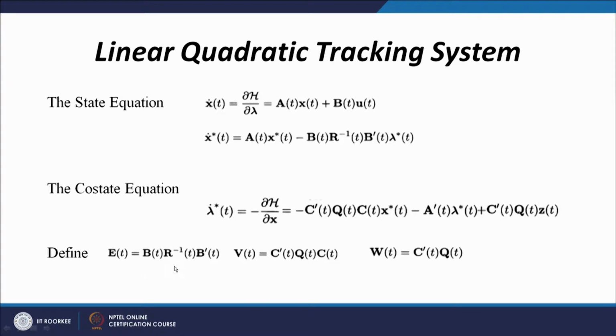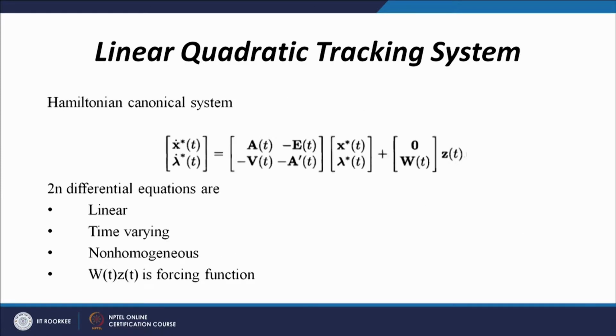So, E is B R inverse B prime, V is C prime Q C, and W is C prime Q. So, I am writing the state equation as x dot equals A x minus E lambda, and lambda dot as minus V x minus A prime lambda plus W z. So, if I write the state and co-state equations in terms of the Hamiltonian canonical form, so naturally my